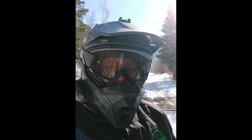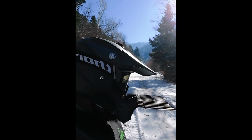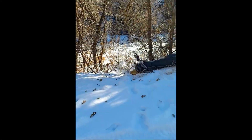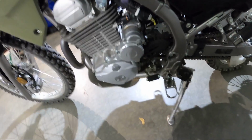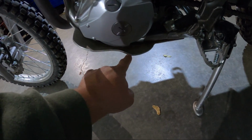I went to check a road to see if it was going to be good enough for us to go and cut some more wood for the winter on, and look at what happened. Well, came up to see if this road was good enough to go and cut some more wood on. Look at this. Whoops. I slid out pretty good, bent up my shift lever, and look at the massive dent I put in